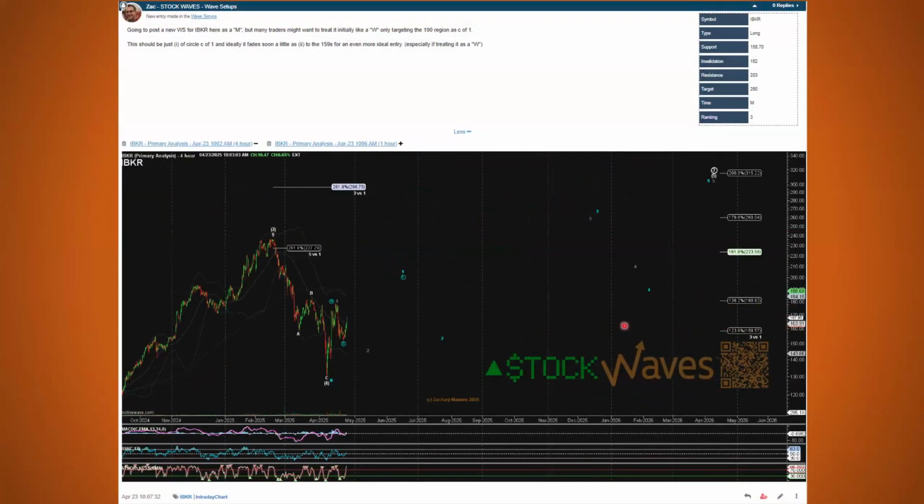And the last of the wave setups that I wanted to look at before we look at a couple other charts was IBKR. And here's another one where, from our list, we identified the potential for this to be starting a bigger 5th wave up to new all-time highs, as the 5th wave of a larger primary degree wave 3. But into mid-April, when we had a lot of things that had an initial move up as an A